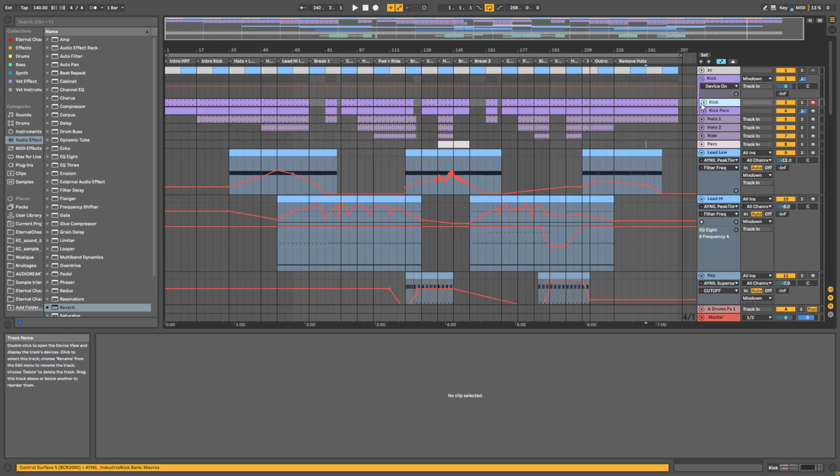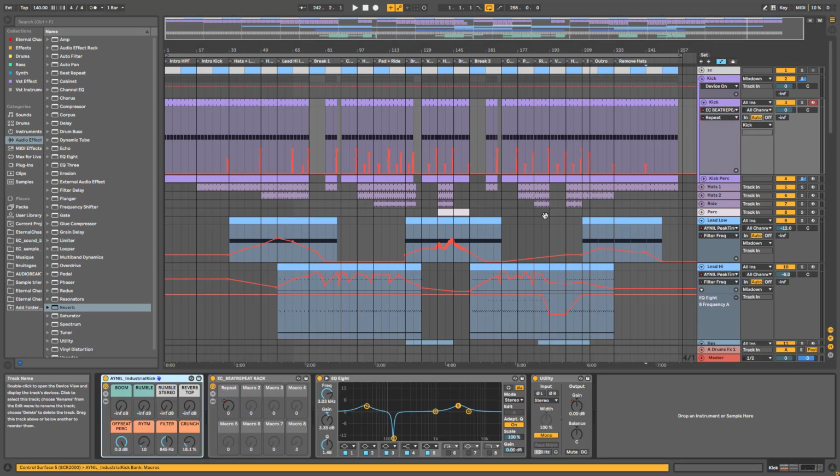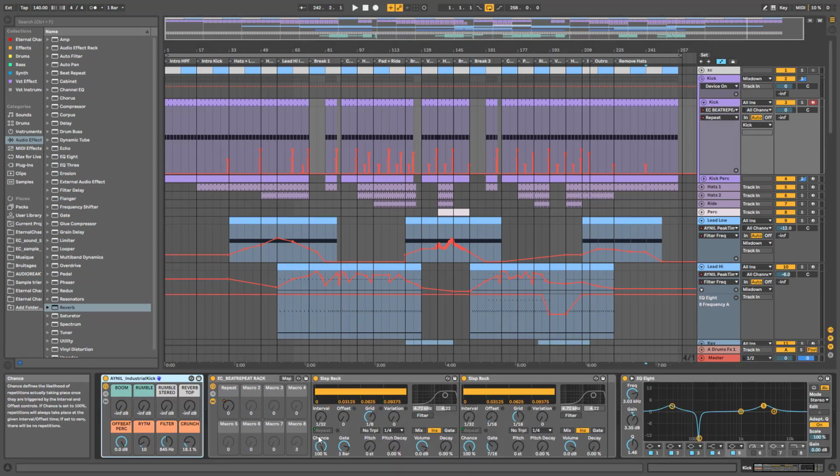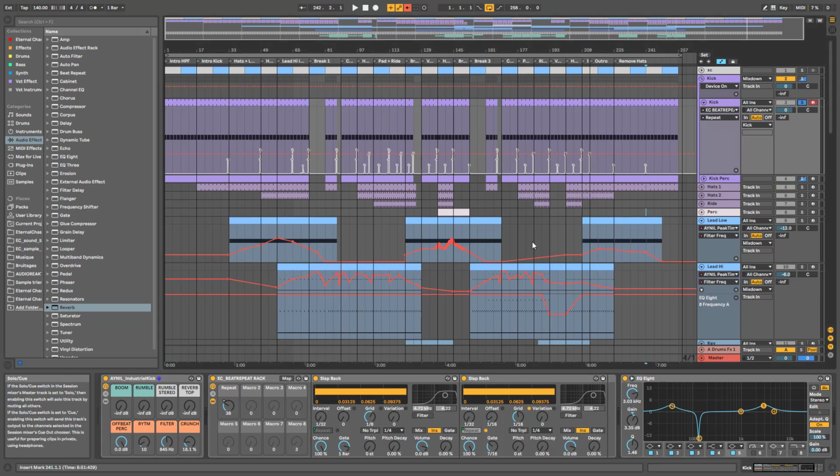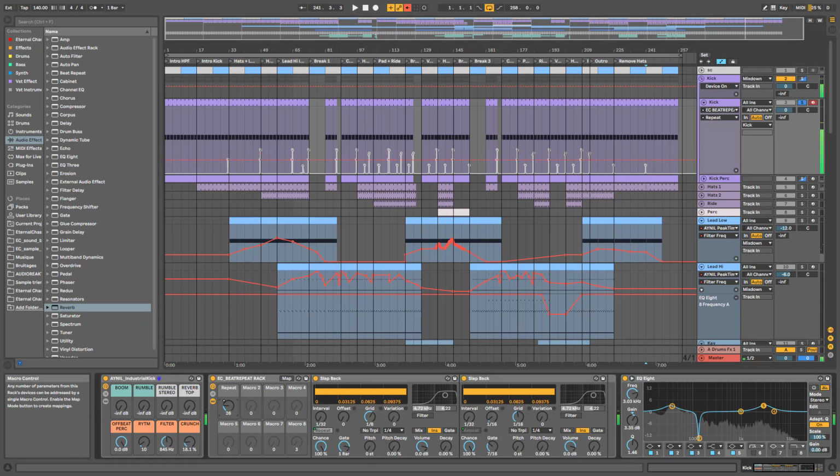So first with the kick that I didn't talk about. You have a beat repeat, you see, which is this Ableton device, which is really nice. And here's a rack I've made for myself, but basically according to the macro, the value here is activating the first one, which is a 1/8 repeat grid. And if I go a little bit more up, like from 30, it's the second one, which is 1/16. So you get this kind of sound for the 1/16, or this one for the 1/8. And obviously I automate that,